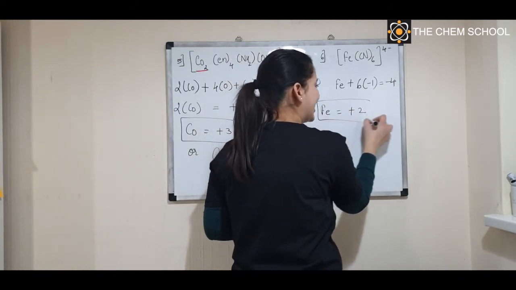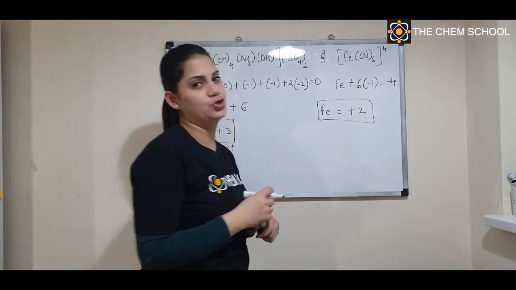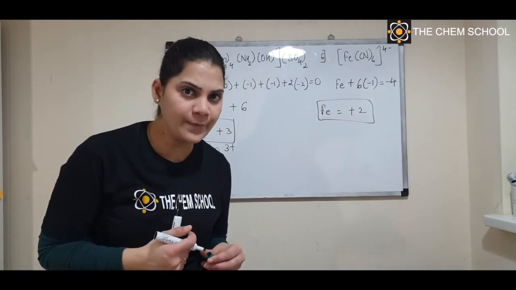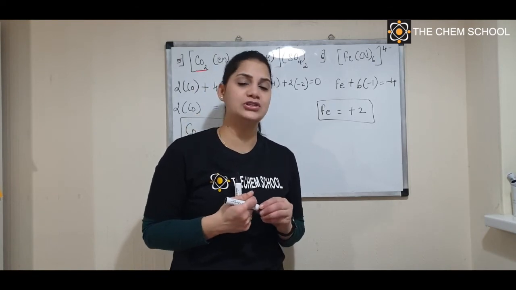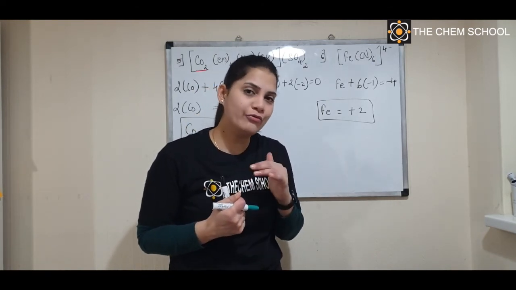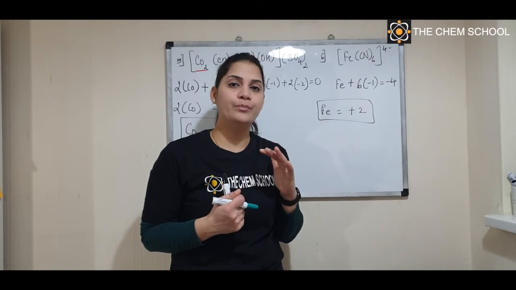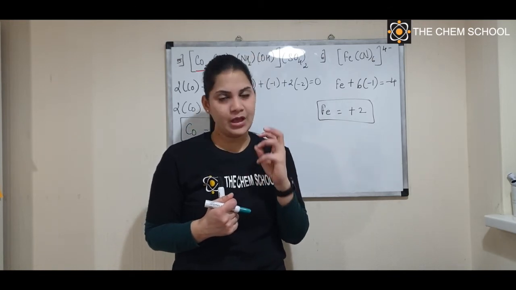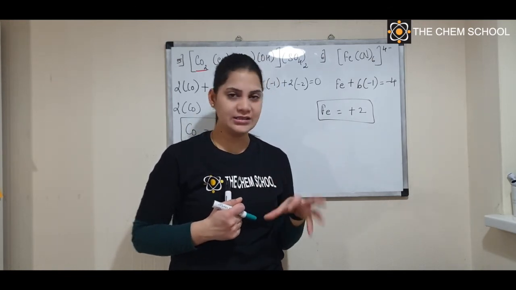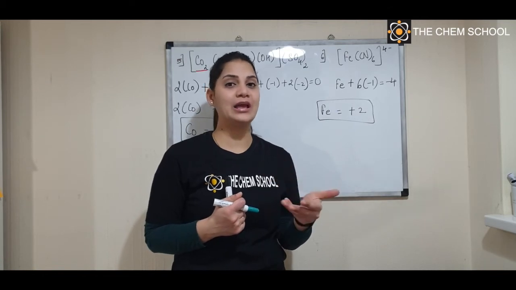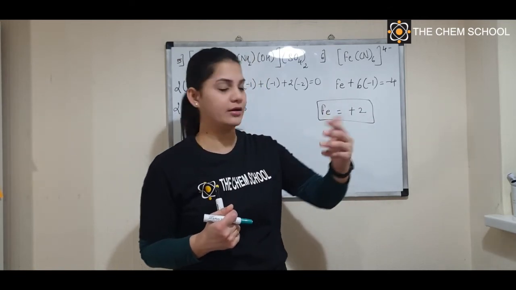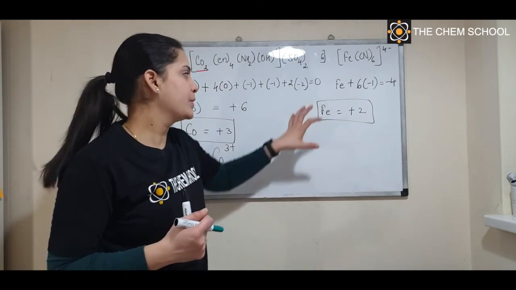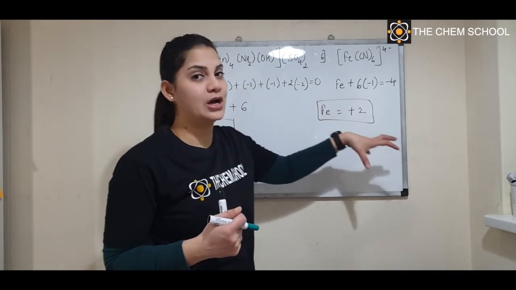So +2 charge you will say ferro, +3 charge you will say it is ferri. Okay, the smaller oxidation number will have O ending and the larger oxidation number will have I ending. So ferro, ferri, cupro, cupri. Similarly with us and ic. Smaller oxidation number will have us ending and the higher oxidation number will have ic. Cuprous, cupric, okay, ferrous, ferric. So that way. So in this case, you can see that Fe has a charge of +2.